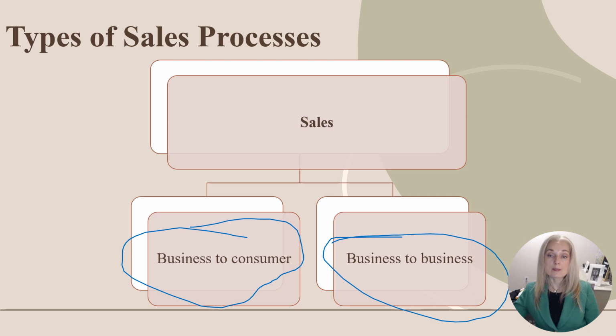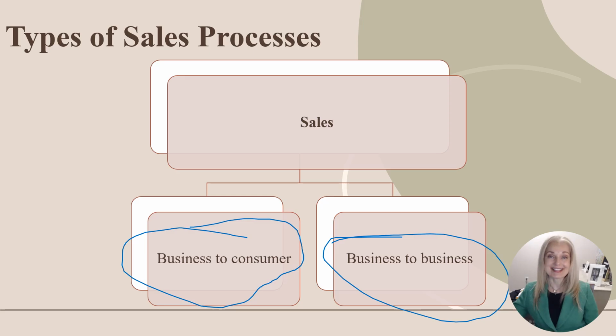So an example of a business to business type of business would be the company I worked for, Vale. We sold our materials to different manufacturers. So for example, because we were selling nickel, one of our customers was stainless steel plants because they needed nickel as input into making stainless steel. We also sold nickel powders, which went to a lot of electronics. So many electronics companies were our consumers. So it was other businesses who then use our end product as a raw material or the start of their